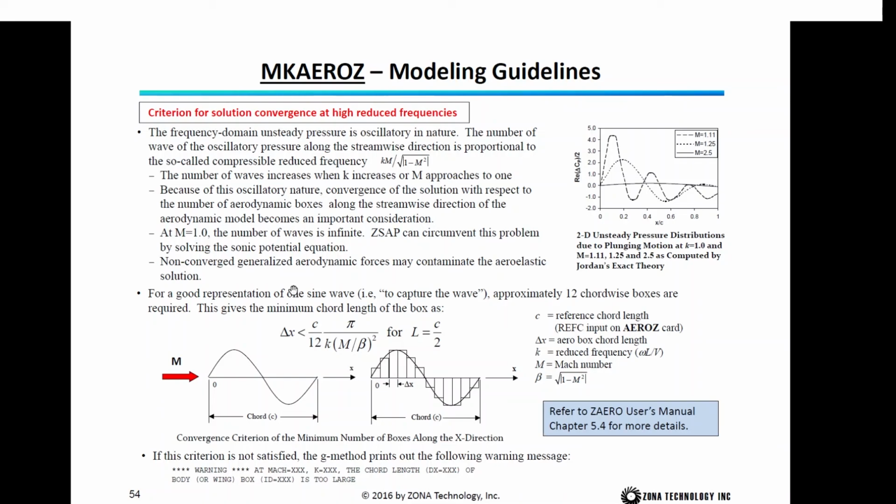contaminate the aeroelastic solution. So showing here, if we use Jordan's exact theory to compute the 2D supersonic CP at different Mach numbers, you can see at Mach number 2.5, you have a very smooth CP. However, when the Mach number approaches 1, then you have a highly oscillatory CP. So to capture the highly oscillatory CP, apparently you need a lot of chordwise boxes, and so we have a criterion built in